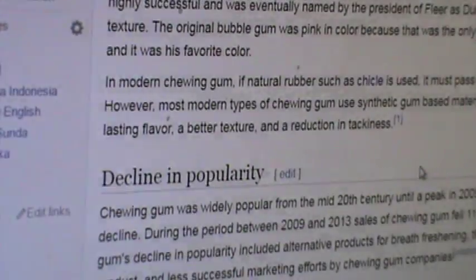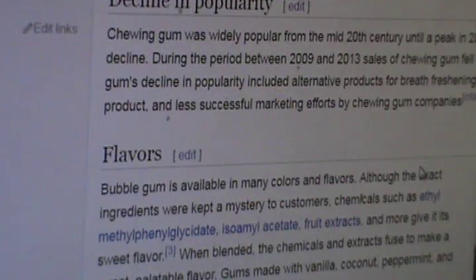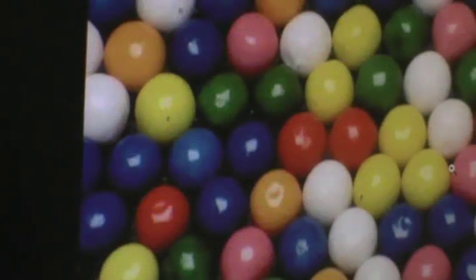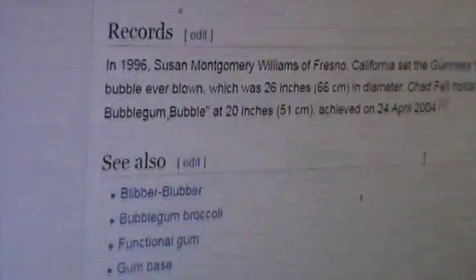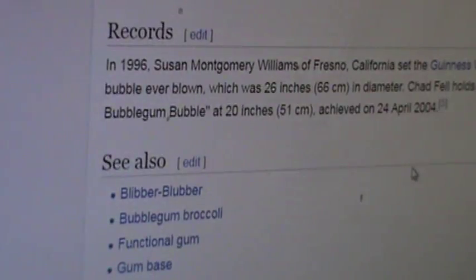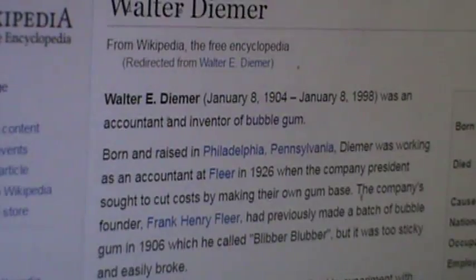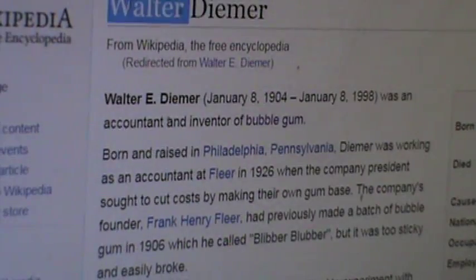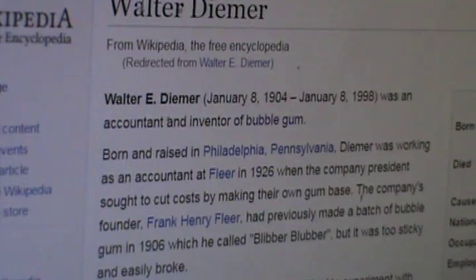Yeah, exactly. Chewing gum has really fallen. But there you go. Bubblegum. Alright, that was fun. And so he was the inventor of bubblegum. Pretty glaring though. Walter, his father, parallels father and pioneer.